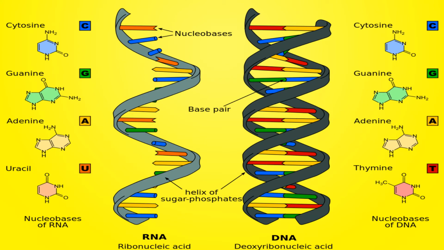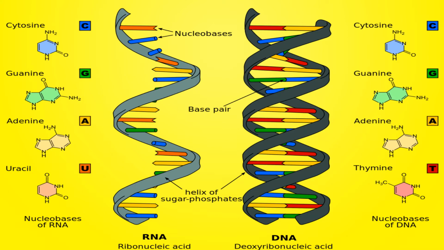So this is the structure. You can see the diagrams of DNA as well as of RNA. One basic difference you will get here: DNA is double stranded, and it is in the form of a helix. It is double helical. Whereas if you see the diagram of RNA, you will find it is single stranded. So this is a basic difference, and you will get more information in this slide.